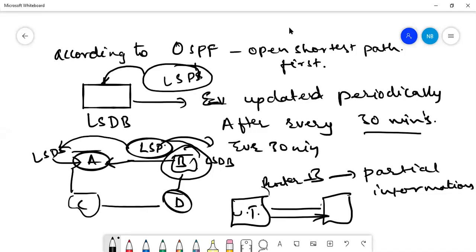So what happens? This is a huge amount of information. Similarly here also, if a router tries to send the whole information, it will be hard to handle that whole information in the traffic, so traffic congestion will occur. To avoid such things, only the information about the routers that has changed will be shared among the neighbors. Only that information will be shared, not all the information.